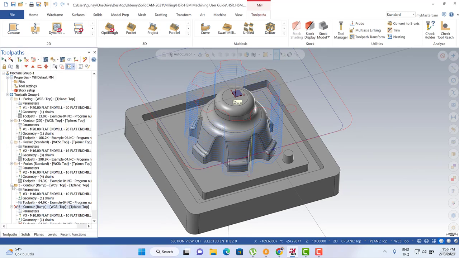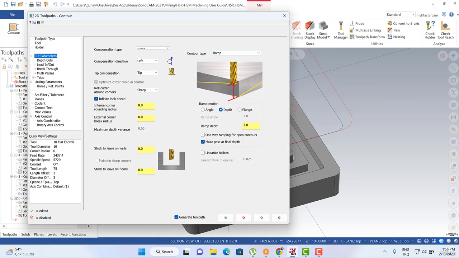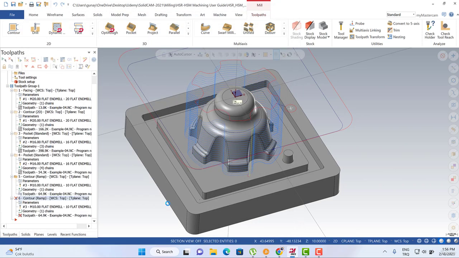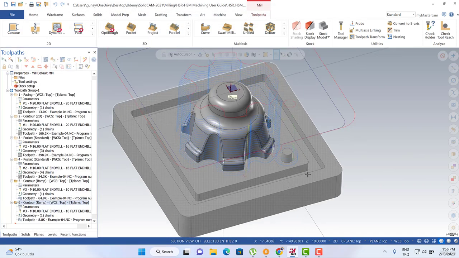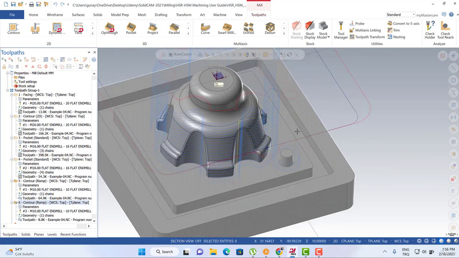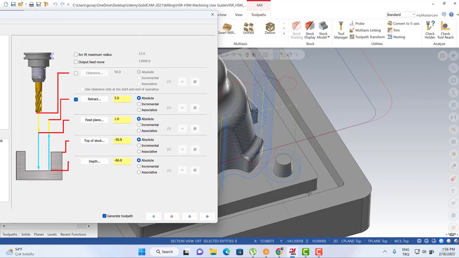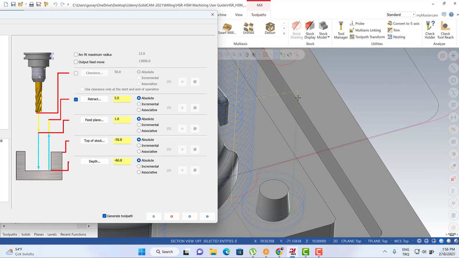And then I need to turn back to parameters and linking parameters, and then we can change top of stock parameters. And then that's it. We can calculate our toolpath. So you can also see that there is a little trick here. When we focus on our linking parameters, as you remember, I prefer to use the absolute. So when we turn to my parameters and my feed rate, you can see that my rapid movement is